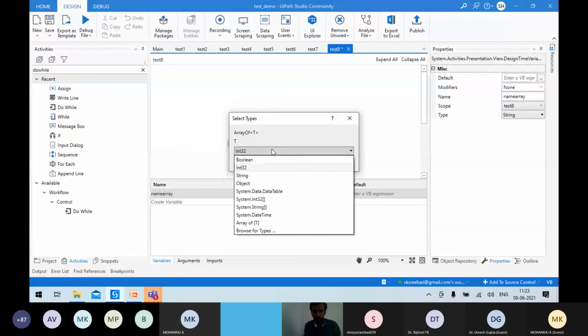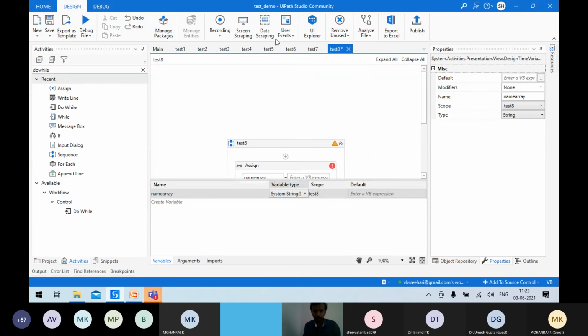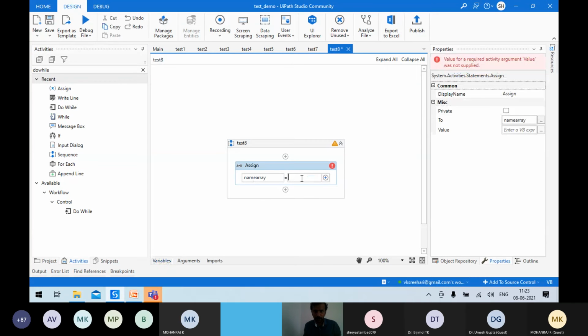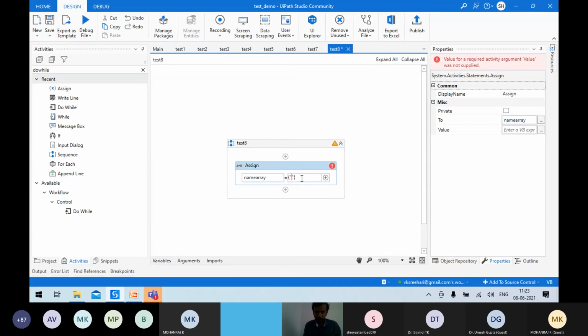Here I'm going to store names, so I'll give it as String. So I've created a variable name array and declared it here, and now I am going to give the value for this. It is curly braces. We are going to give the first name, another name, and then the third name.